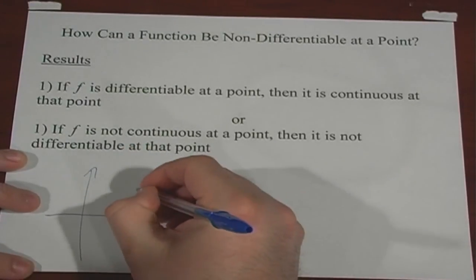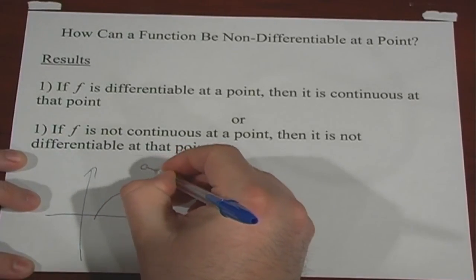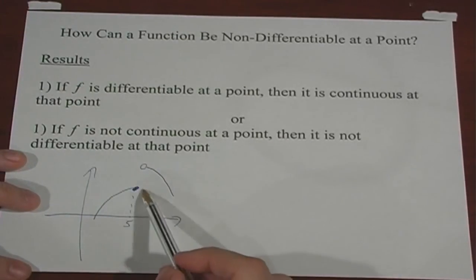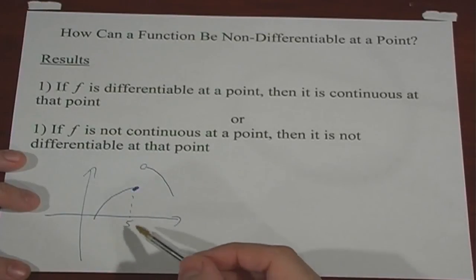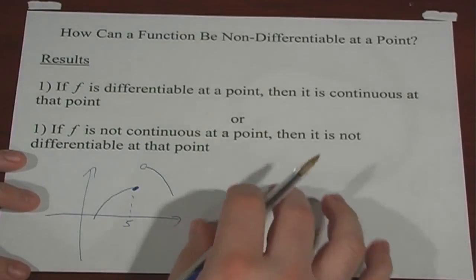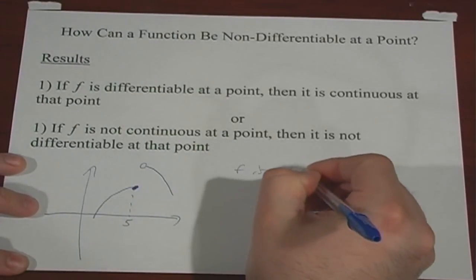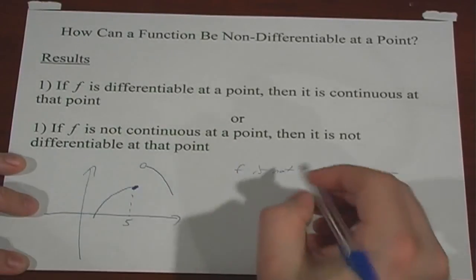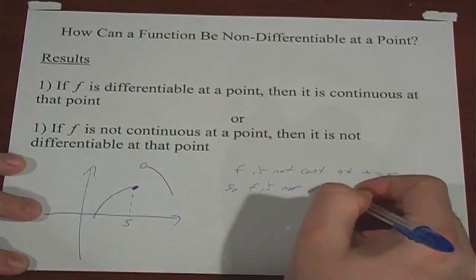I'm just going to draw a graph of something that's not continuous. Let's say it looks like that, and then, I don't know, maybe like that. So at this point here, let's say that's the point 5, this function is not continuous there because you can't draw it through 5 from both sides of 5 without taking your pen off the paper. Or another way to say it is the full limit doesn't exist, so it doesn't satisfy the 3 conditions of being continuous. So f is not continuous at x equals 5, and then that means by this, if it's not continuous, it's not differentiable. So f is not differentiable